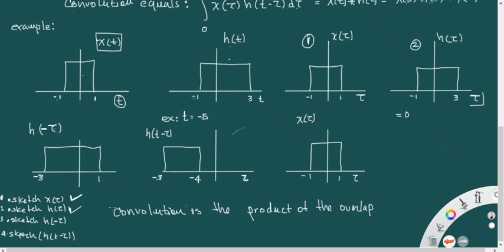The third step is to sketch h of minus tau. And how can we do that? Well, let's take this function h of tau and let's flip it. It is the same if you fold this function or if you have some kind of mirror operation to it. So if you see here, this is the folded